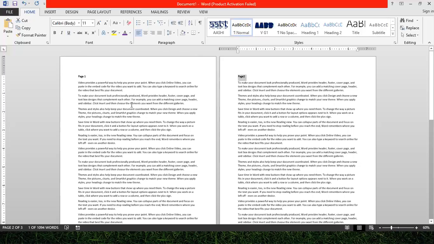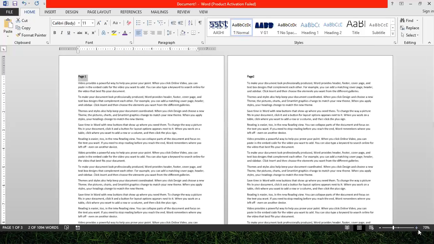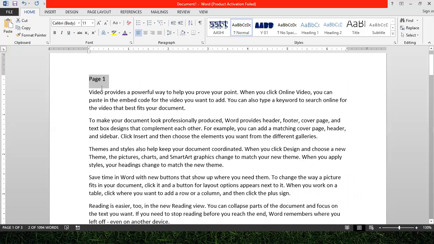Now suppose I haven't applied any formatting effect on my document, then in that case I cannot use the Format Painter tool because there will be no formatting tools which I have applied on the text to be copied. Right now I haven't used any formatting tools. So as you can see, this is a simple plain text. So if I click on the Format Painter tool, nothing will be copied because there is no design in this one.